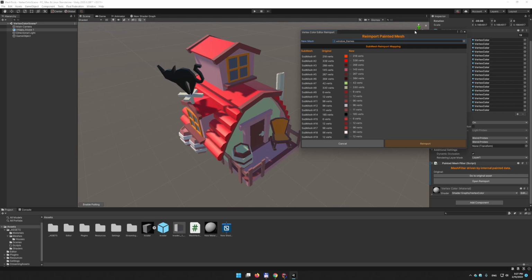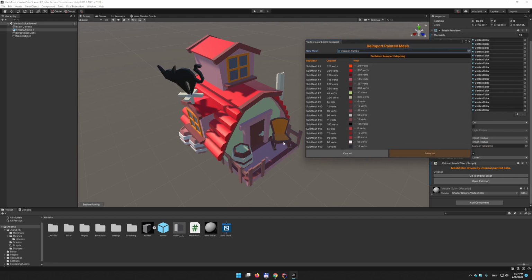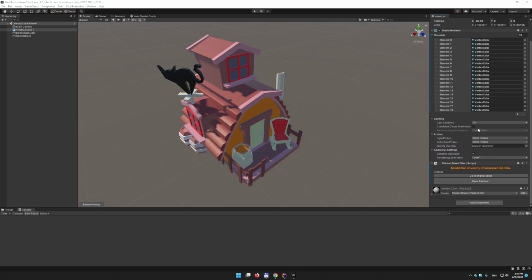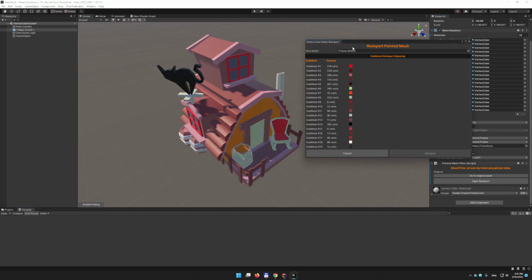I can also use this to remap these colors if I wanted to. It's a funny thing. For example, I can just do this, and okay, there seems to be an error. I will fix that. But you basically can remap the geo that's already there. Okay, I fixed the reimport,